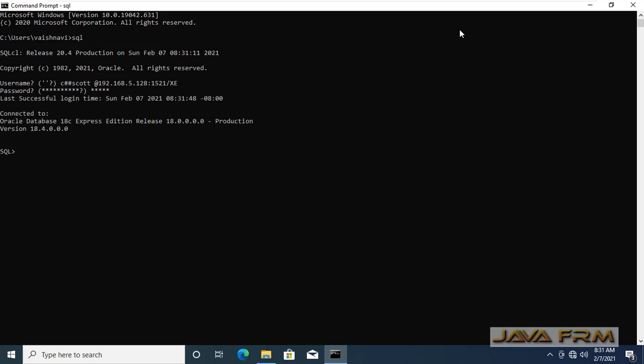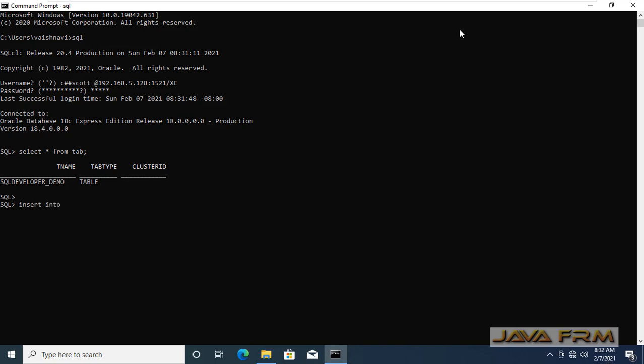Make sure that the syntax is correct to connect the user called Scott. Scott is an ordinary user. It's not a pluggable database user, so it's mentioned as C##. C## means it's an ordinary user in the database. So I am able to view the tables.